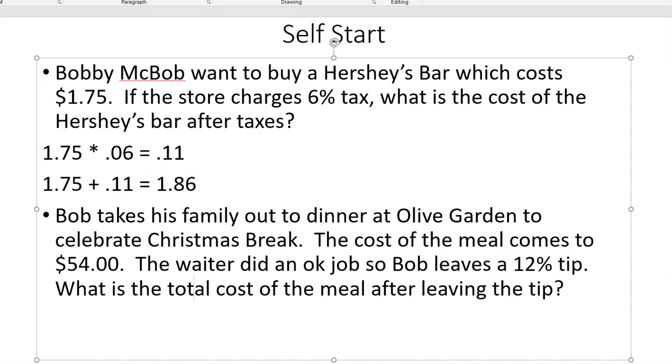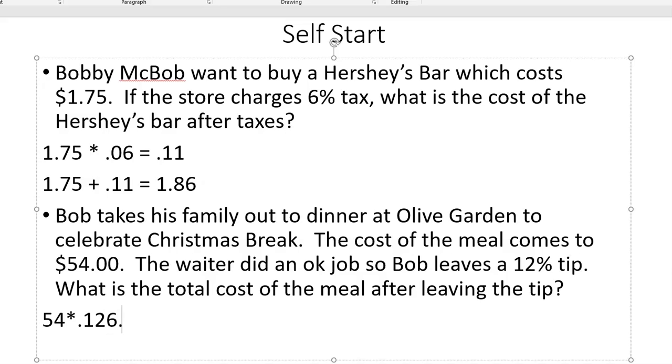Bob takes his family out to dinner at Olive Garden to celebrate Christmas break. The cost of the meal comes to $54. The waiter did an okay job, so Bob left a 12% tip. What is the total cost of the meal after leaving the tip? So first of all, I've got the $54. And I'm going to take this 12%, move the decimal over 1, 2. So that's 0.12. So 54 times 0.12